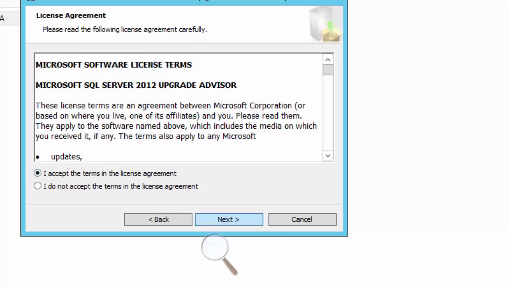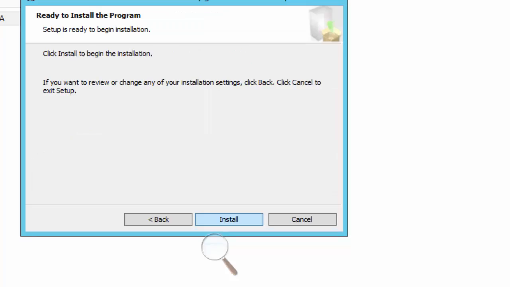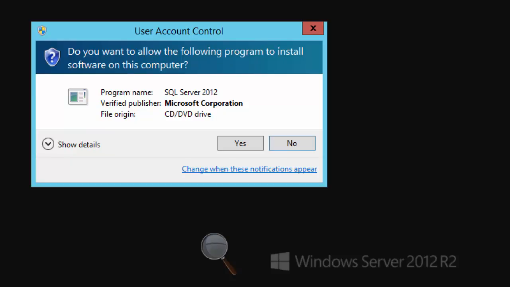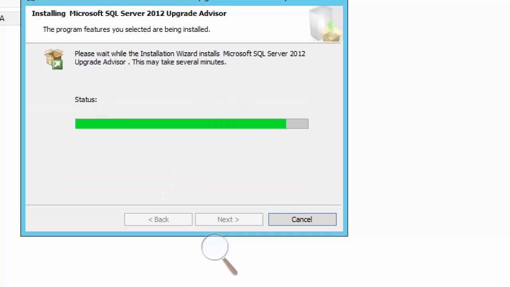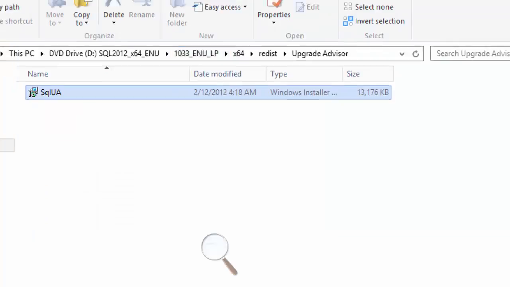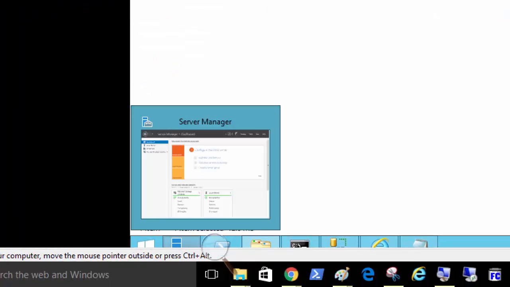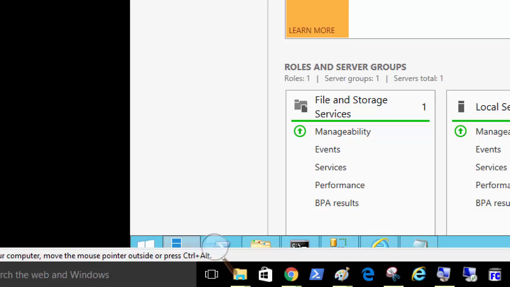It's just a small utility that is added under SQL Server. Once it is installed, we can look for where it is.